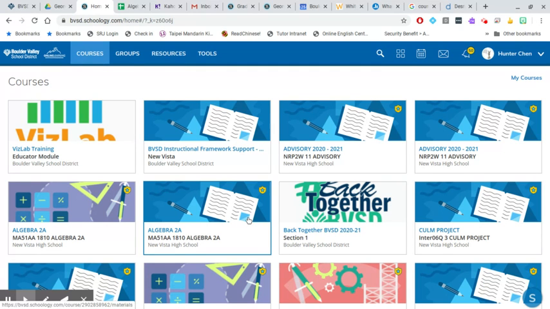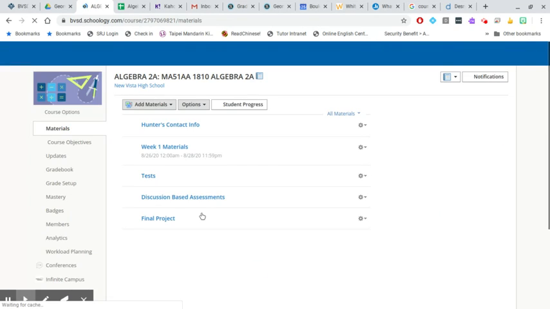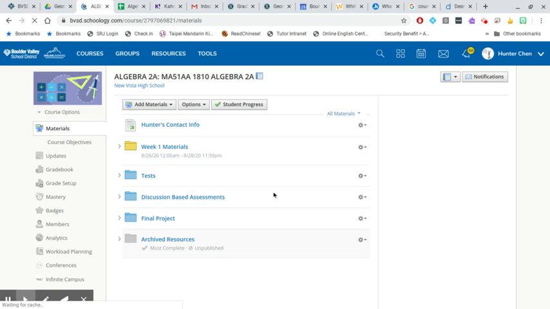And as you can see, I've got a couple of sections of Algebra 2A, and this is what I'm going to demonstrate with. Since I already had changed the background, I knew that this was the old section. If you don't know which one it is, just pick one and find the one that was your old section. Once you get to that old section that has the material on it,